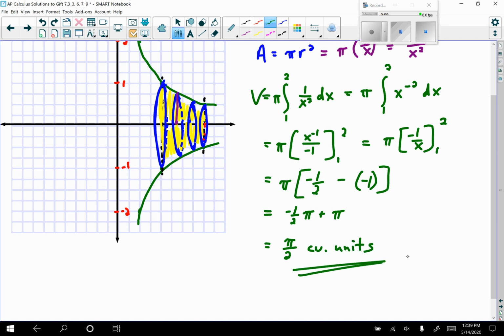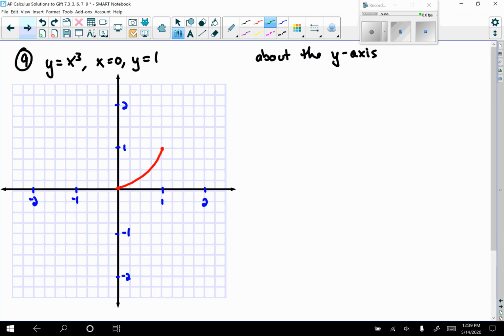All right, so I hope you guys are doing okay with these so far. We've got one more to go over, and as always, let me know if you have any questions along the way. All right, so for number 9, again, we're looking at y equals x